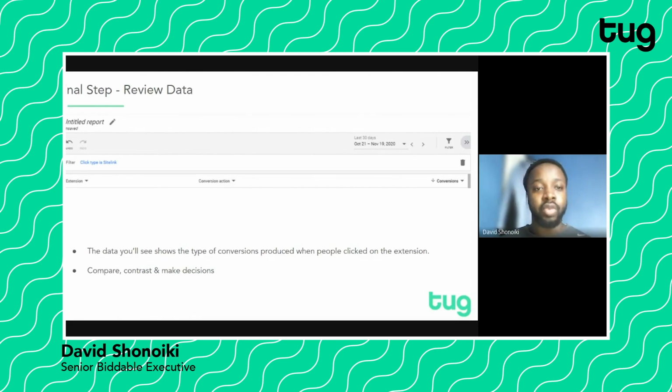So here we've reached the final step, which is reviewing the data. You should now see the different types of conversions that your extensions have led to. You can then compare and contrast. So for instance, is a certain site link leading to a certain type of conversion? Are more people clicking through this and making an inquiry for your business? Are more people clicking through the site link and calling up your business? These questions,